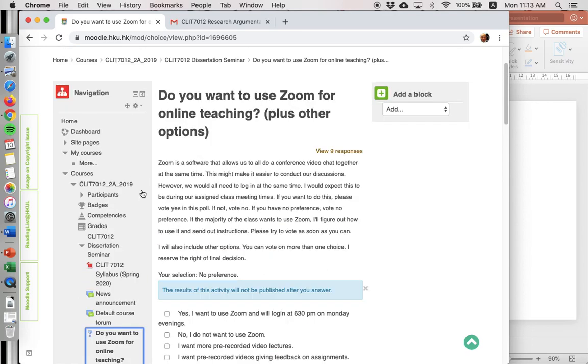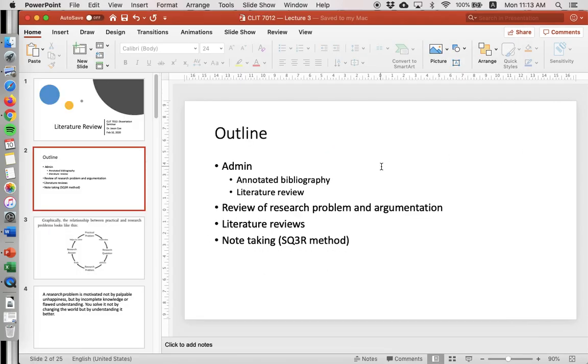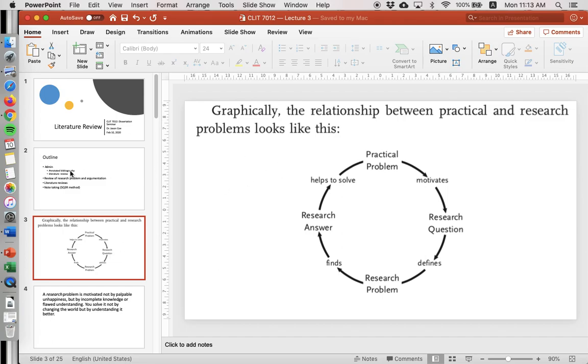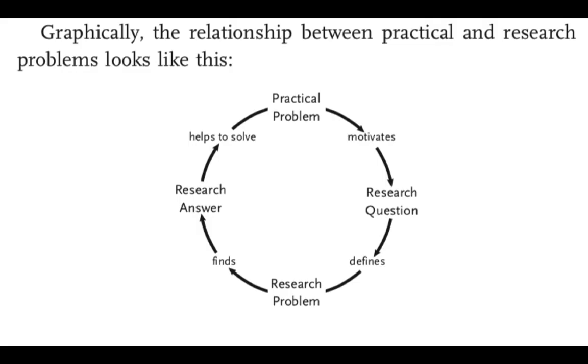All right, so on to review of research problem argumentation. We talked about this last week. You're always going to start with your practical problem, which is, there's something that I have an itch, something that I don't understand, and that motivates your research question. And that research question then begins to define the way you're going to address your research problem. So your research problem and your practical problem are not the same thing. Your practical problem is what motivates you down this road to research, and the research problem will then help you find a research answer, which will then solve that